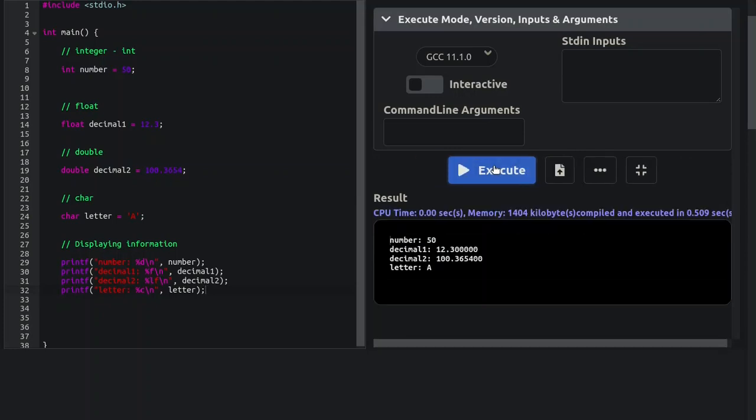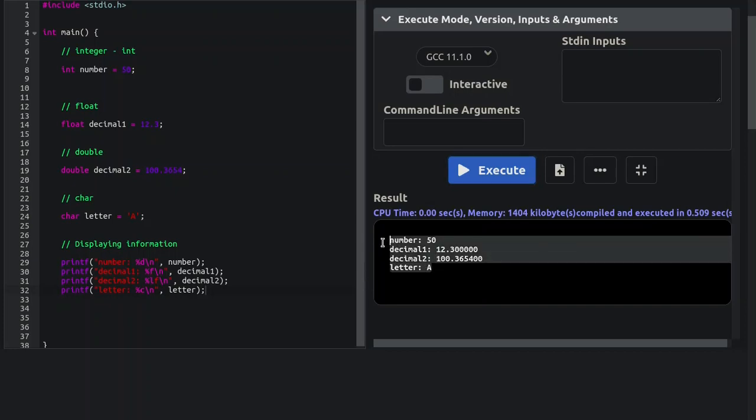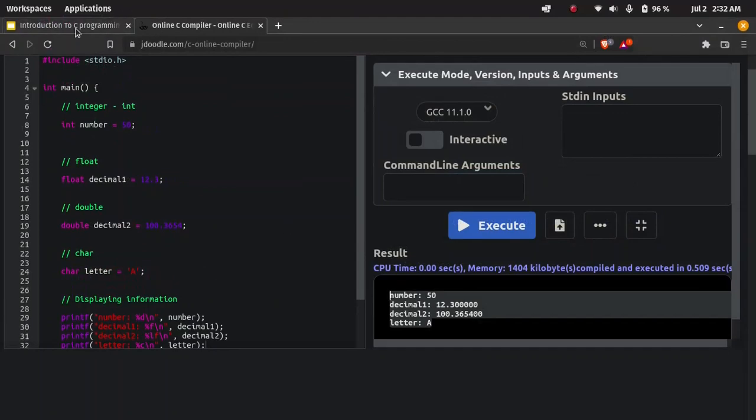Everything is there. A number, 50, decimal, there we go, decimal 2, there we go, letter, there we go. So you have all that, right? And that's how you display your variables with a bit of a special message, of course. Now let's head over to the last part on our slides,